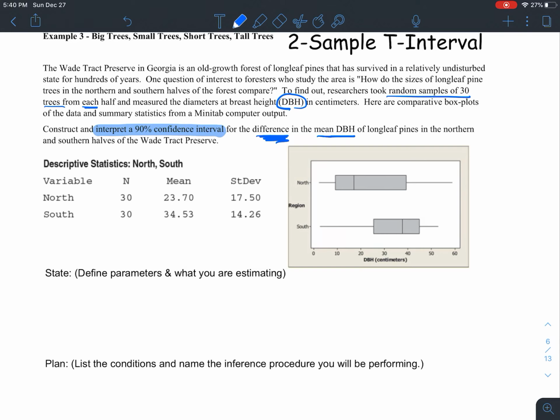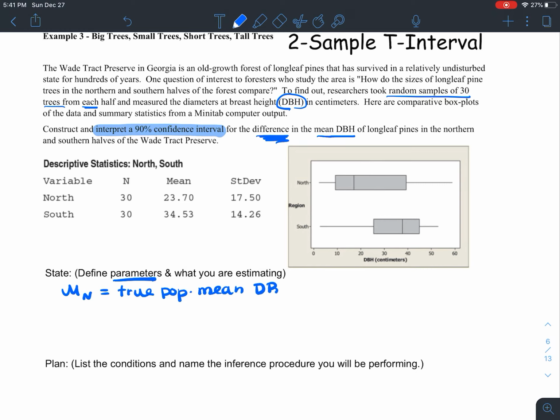Okay, so I have some steps outlined here to help us through this first one. When we're doing these confidence intervals, we want to think through the process: state, plan, do, conclude. So for the state portion, we always want to define the parameters. Keep in mind these are parameters. You should not be writing x bar. A parameter is a mu symbol talking about the population. This would be the true